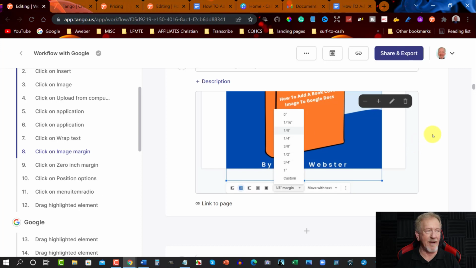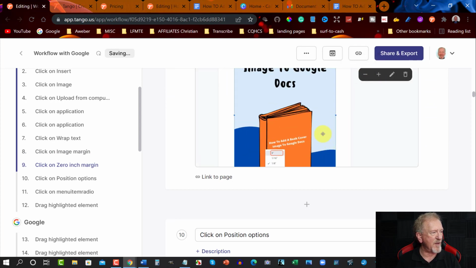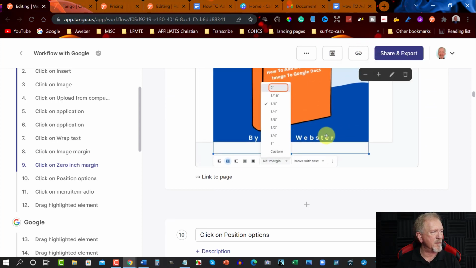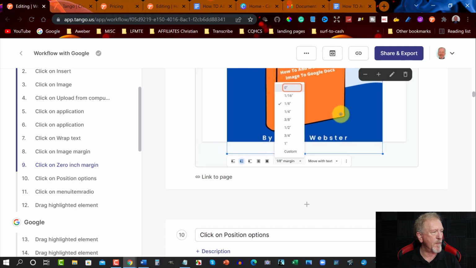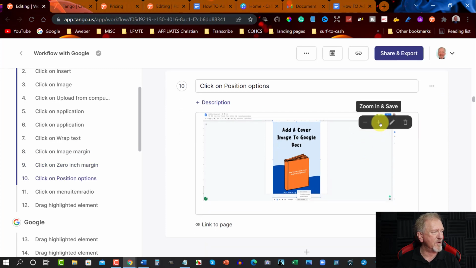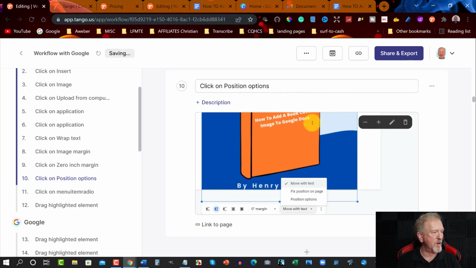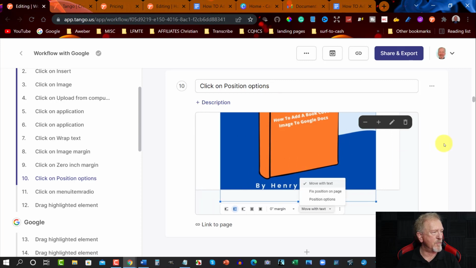So it's a really simple edit. It doesn't take long. It only takes seconds, and you can do the same thing again and drag that up to the very top, maybe expand it up a little bit more so you can have a better view. And as you can see, I'm hitting 0, and it says here click on 0-inch margin, so that's what you have to do next. And over here we have to expand it up again by clicking there, making sure it expands it up, and we can now take it to the bottom, click on position options, and then we go to the next one down,